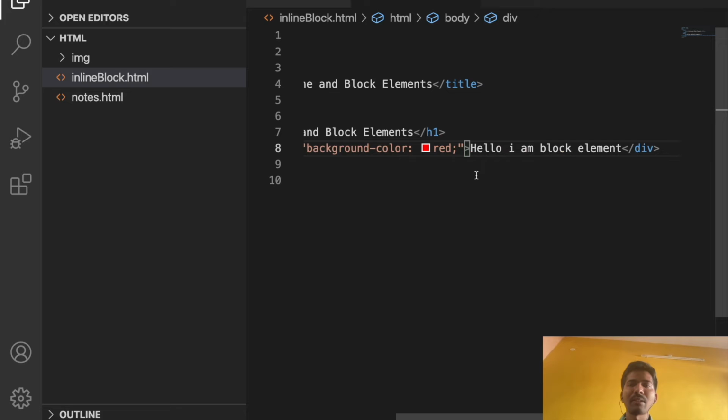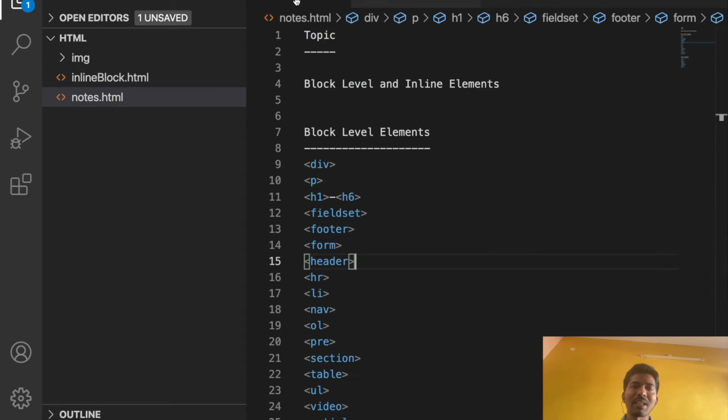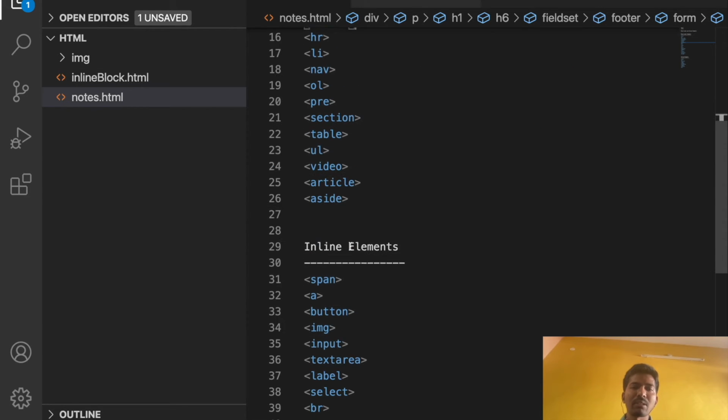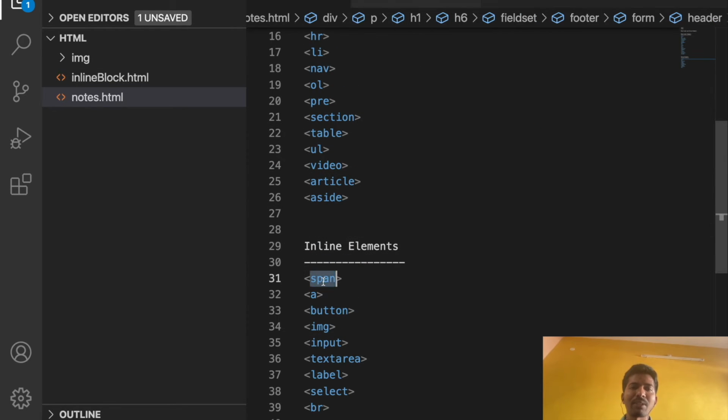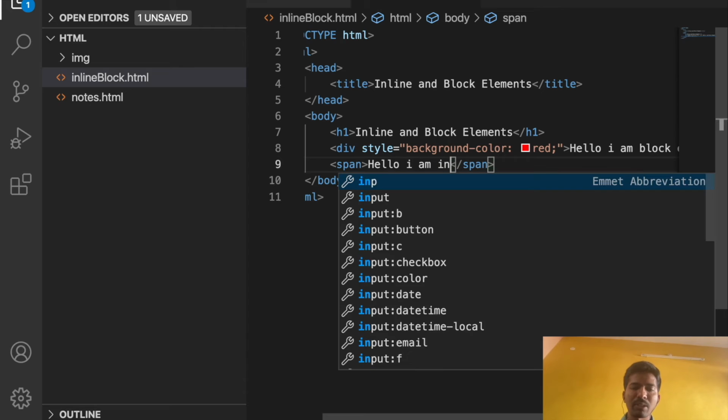Now I am taking one inline element, for example span. Take span: "Hello, I am inline element."